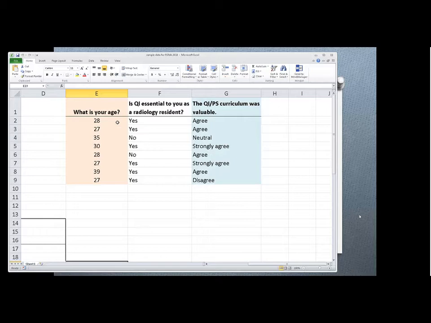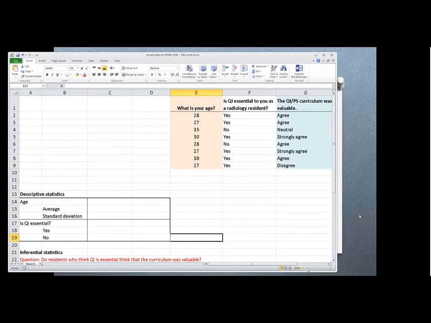You can see from the first column that we have age. That is an interval variable. The second question about whether they think QI is essential is a categorical variable. And the third one is an ordinal variable, so whether they thought the curriculum was valuable. So in terms of doing statistics,